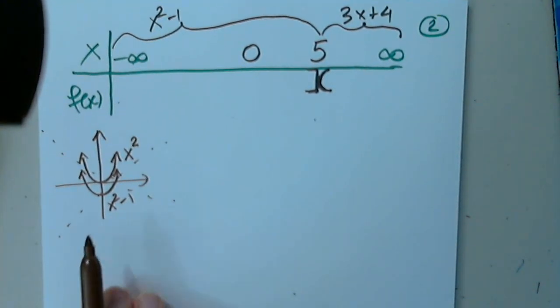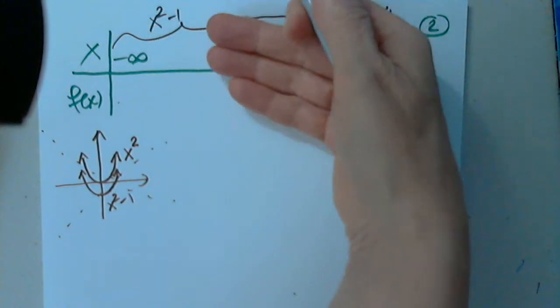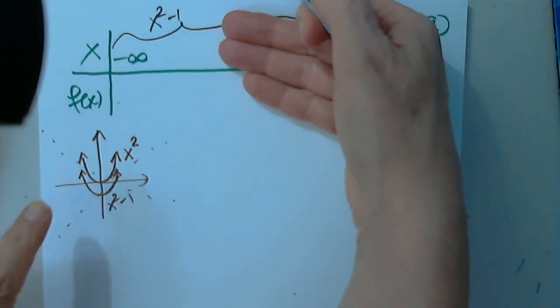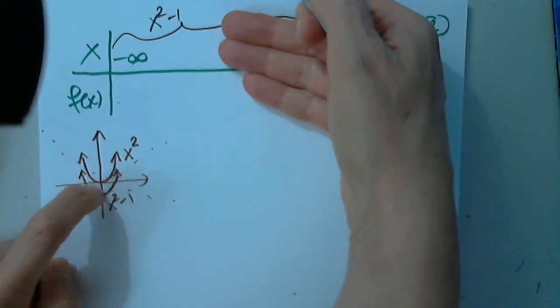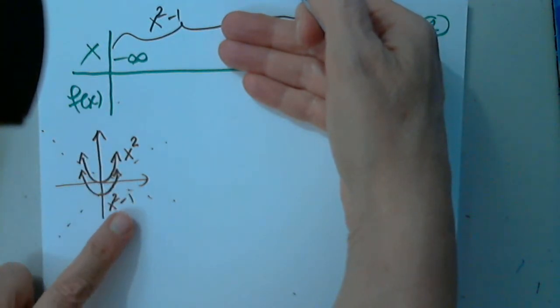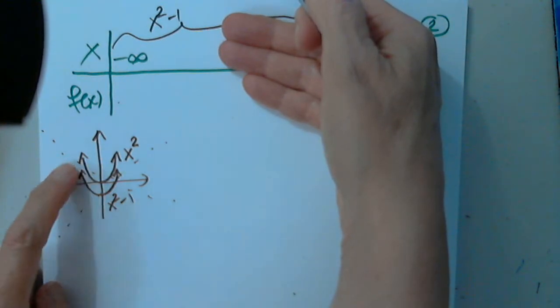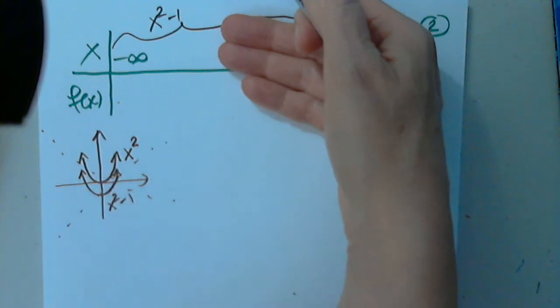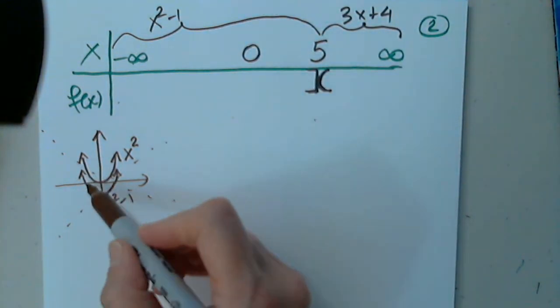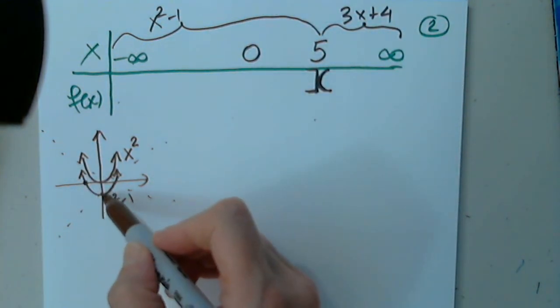This is not the graph of what we are doing here. But if I just had x squared minus 1, this is a refresher. This is the quadratic function x squared, and this is a vertical shift of 1 unit down, x squared minus 1. Okay, so normally I should determine 3 points